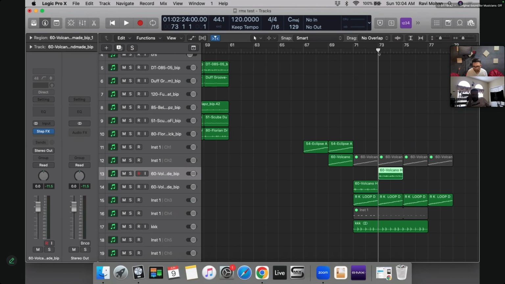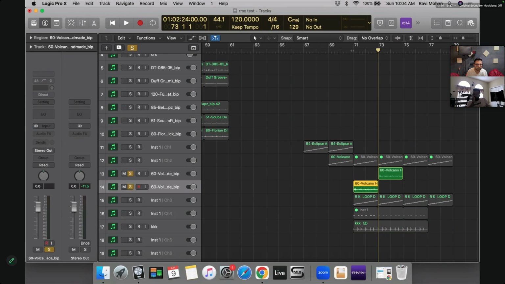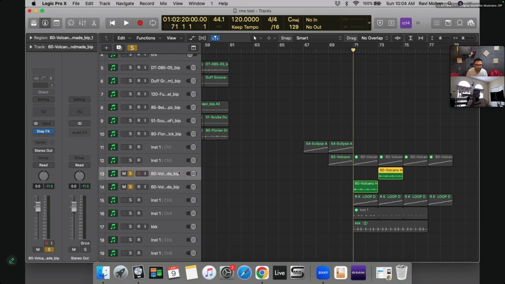This and this, obviously both are gonna sound the same. One has the effect inbuilt, one we have to put the effect in post. Whatever route we wanna take, we can take that.